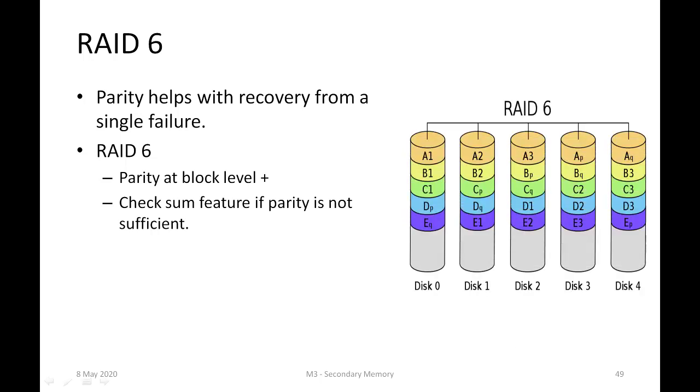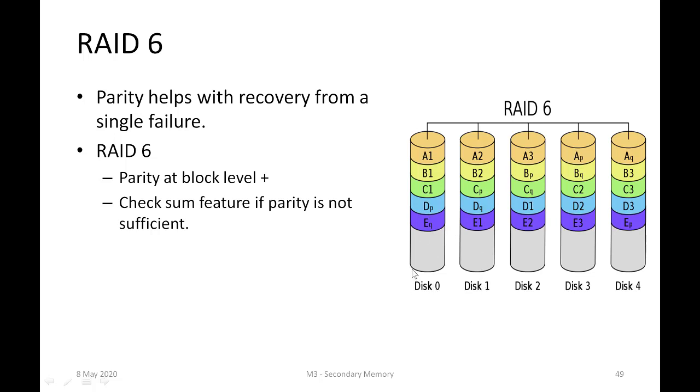So if we have, let's say, 5 disks wherein the data can be stored, A1, A2, A3 are storing the actual data here, and the disk 3 is storing the parity of these 3 blocks, and disk 4 is storing the checksum of these 3 blocks. And just like RAID 5, RAID 6 also distributes the parity and checksum. So we have AQ in disk 4, BQ in disk 3, CQ in disk 2, DQ in disk 1, and